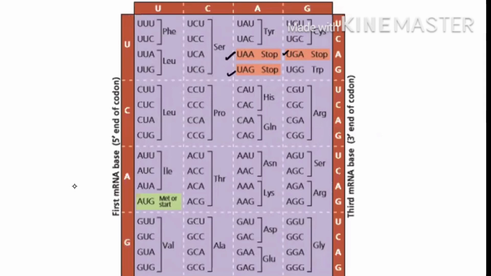Now see how you have to prepare it. You make 4 boxes, and the first messenger RNA base you write here. Every time you write here, you divide it as UCAG. So first is U everywhere. I hope you can check it carefully. Then the second is again UCAG. So the second is U in this row also, and in these, each row again has UCAG together. So you have UCAG.